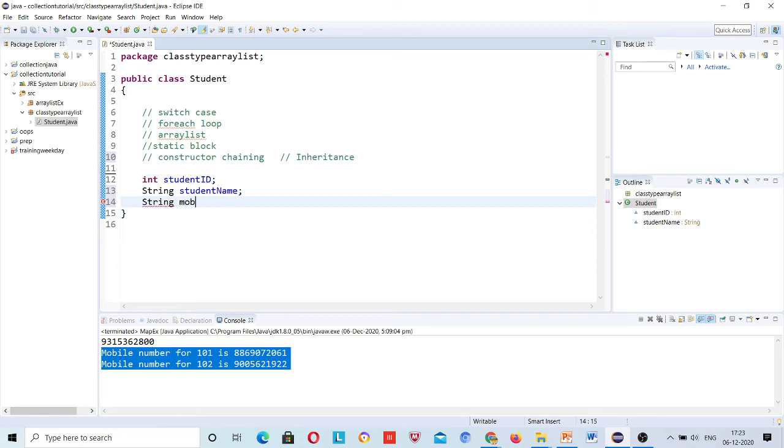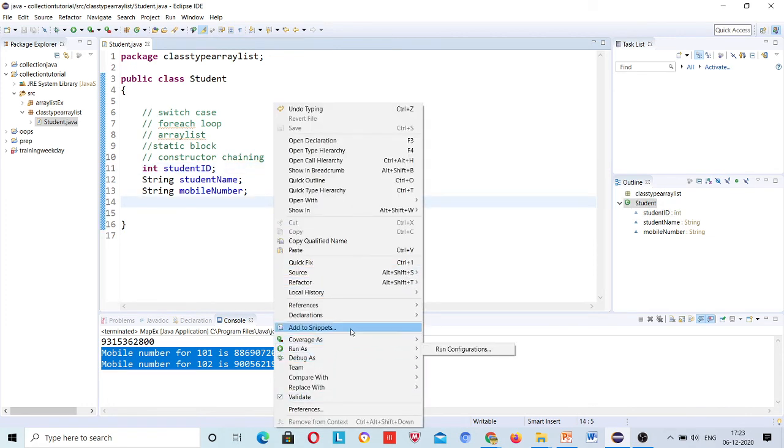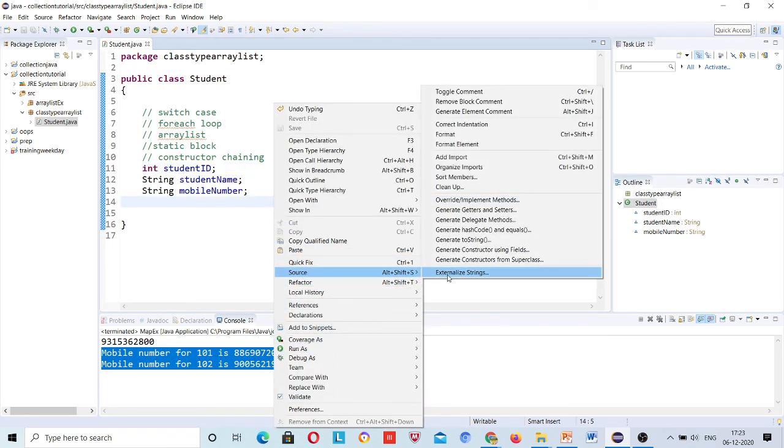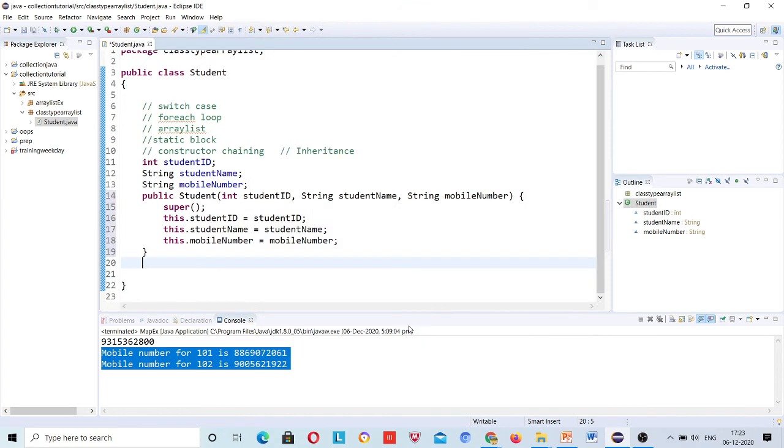So mobile number. Okay, and here just right click, a simple shortcut, show, and generate constructor using fields, right?